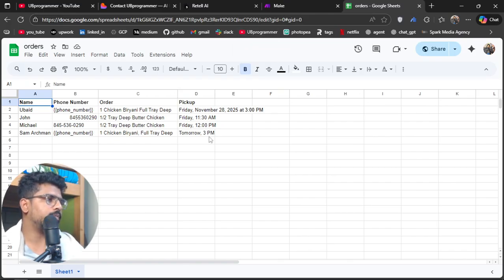This is the best use case you can think of. Order placing, appointment booking, what else can a business do, right? Whatever all the operation stuff that can go to AI, it can be handled through this pipeline only,